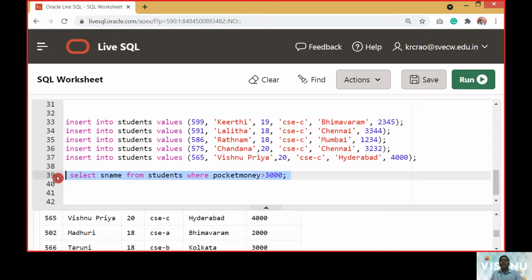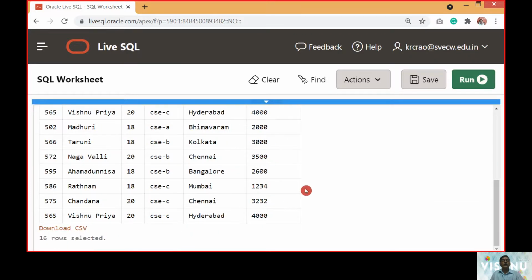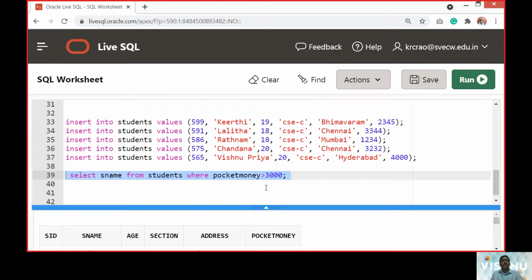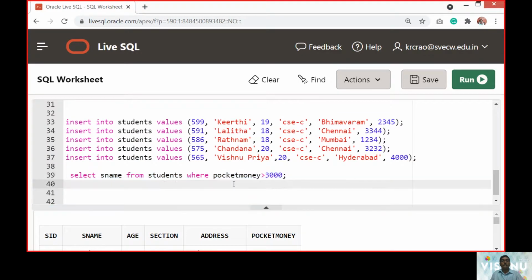So now we are executing the query. Live SQL is an online SQL editor where we can store our entire content, whatever queries we are going to run, and all of them get executed.